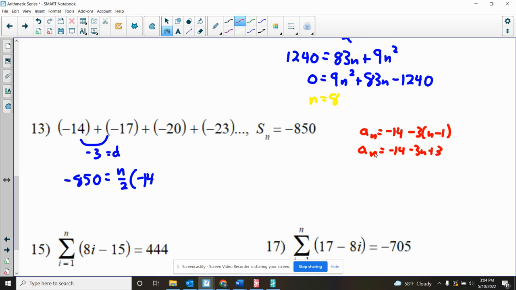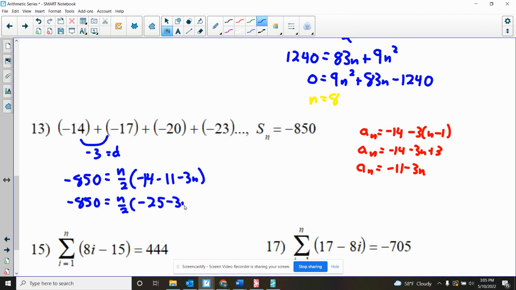The -14 and the +3 together. So that's going to be what? -11 minus 3n. So coming back over here, -11 minus 3n gets added on. I'm noticing that I have two like terms I can put together here. So -850 is n over 2,